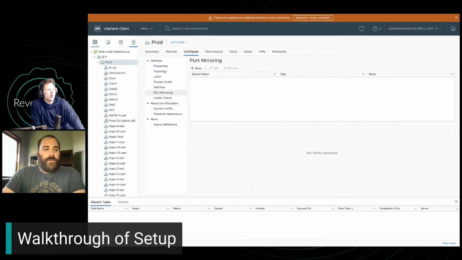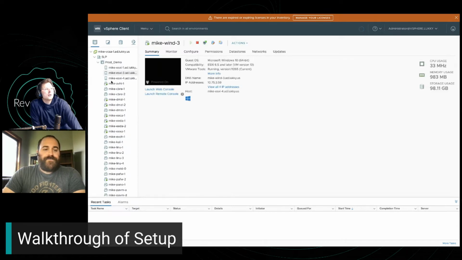How does that work when you...? So I actually have three hosts in this cluster. You can see that I've got the three hosts here, and basically,